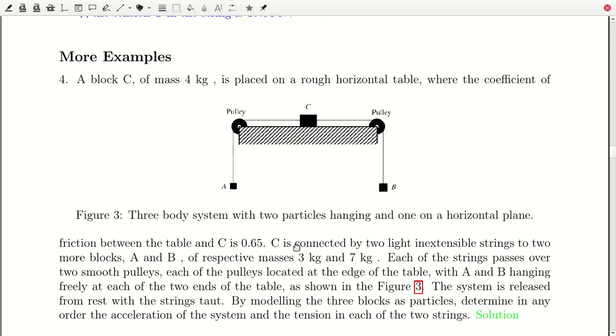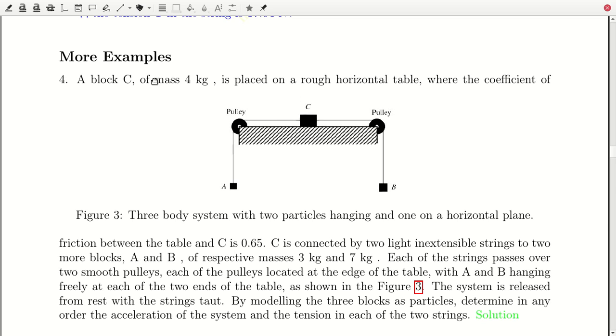So we try now this example where we have one particle placed on a horizontal table, and it is connected to 2 other particles A and B by 2 strings, and we are taking the strings to be still inextensible. I read through the question, but as I can summarize, they are saying the horizontal table